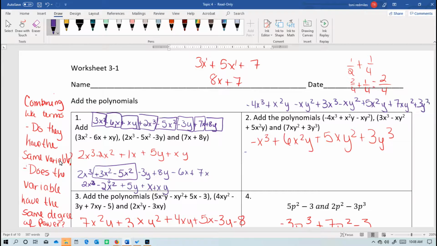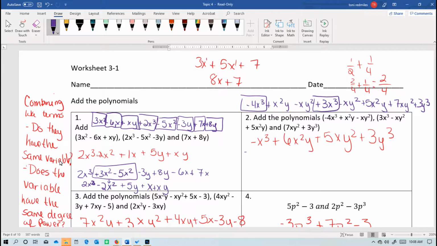So my highest degree of power in this one is 3. So I'm going to go ahead and get all of these. And I didn't really do this one in order, did I? I put this y to the third at the end. So I'm going to write it in a different order this time, putting the y at the 3 second. But let's get all of my